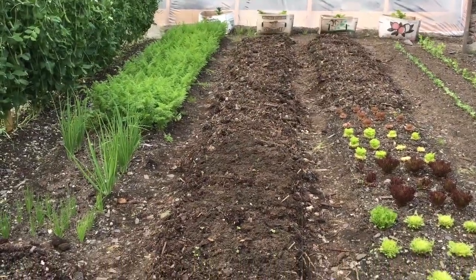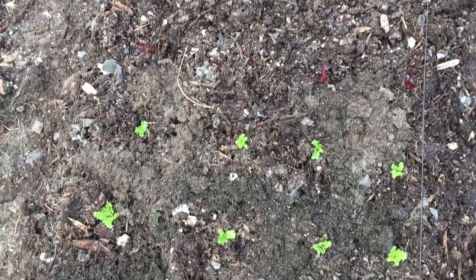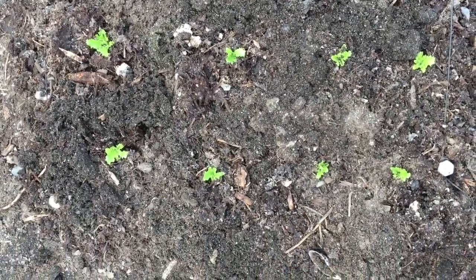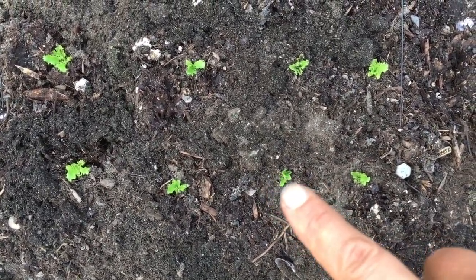Okay, I've got all of the herbs and the lettuce planted. I'm gonna water everything in, the whole garden actually, because it's been really dry. But for the record, this is the Salanova lettuce, green sweet,